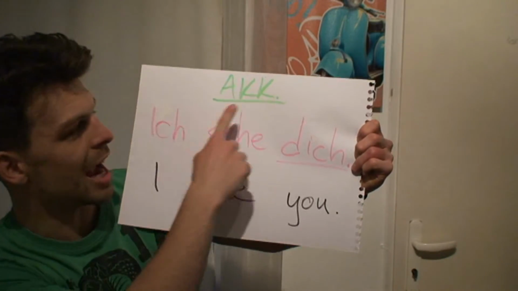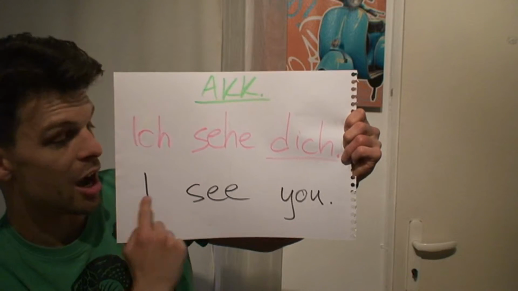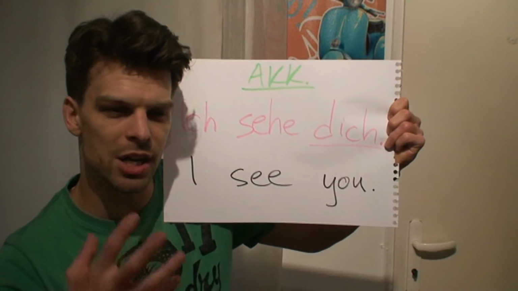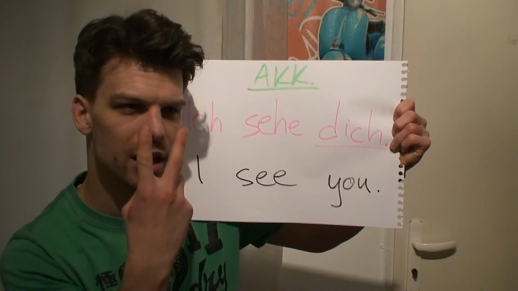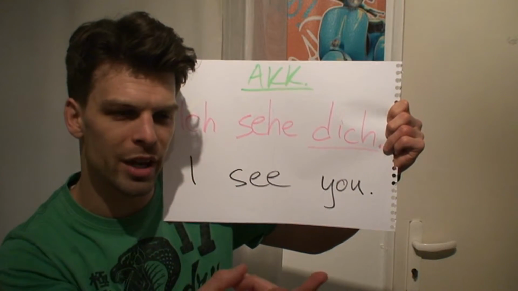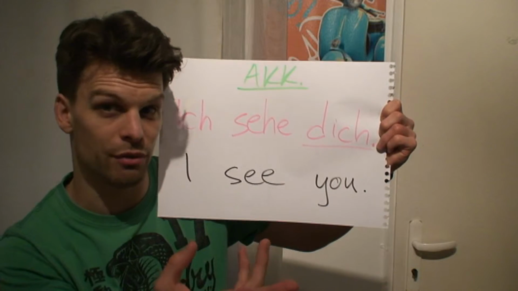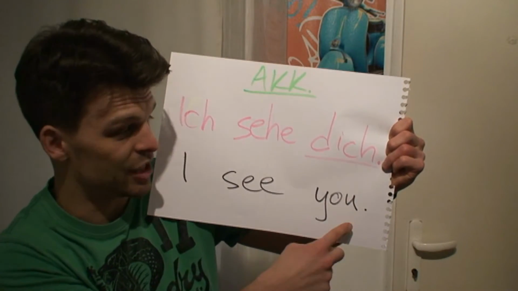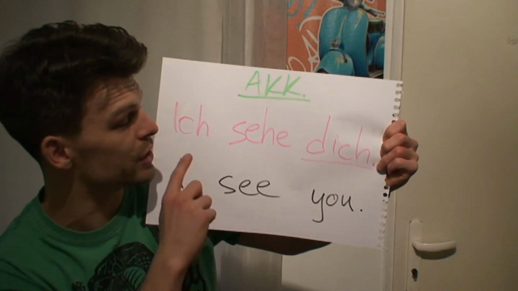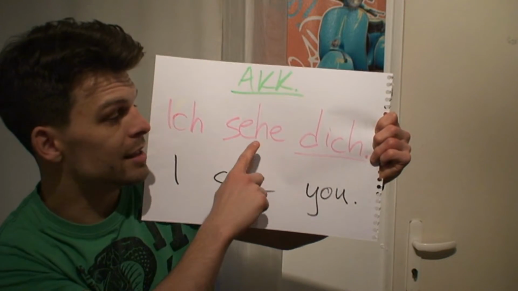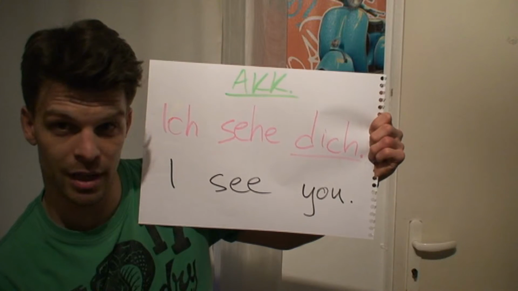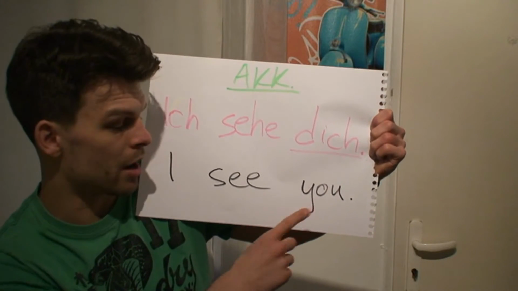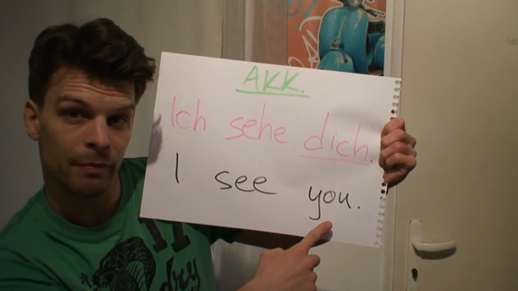Here we have accusative and the sentence, I see you. So once again, I mentioned this before. I tend to think about accusative as somebody sees somebody else or something else, of course. So here we have simply I see you. In English, that is you. But in German, we need to say ich sehe dich. Yeah? It's kind of like if this was me, if I had a sentence, I see me, yeah,